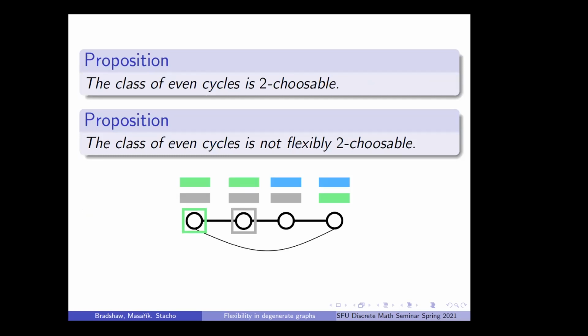An example of when the answer is no, however, would be the class of even cycles. So even cycles can be shown to be 2 choosable. That is, they're always list colorable with lists of size 2. But this example here shows that even cycles are not flexibly 2 choosable. And I can quickly show that right now. If we wanted to give a proper list coloring to